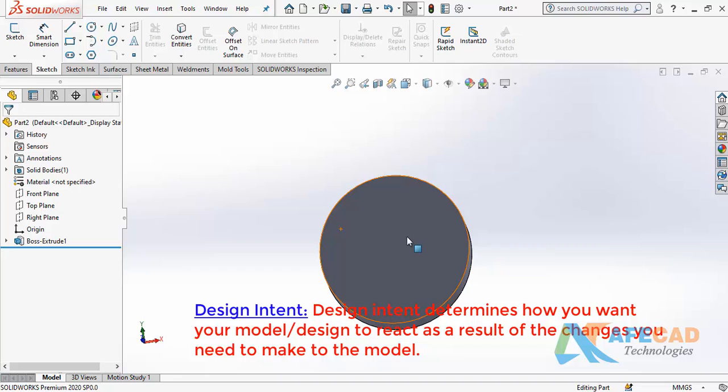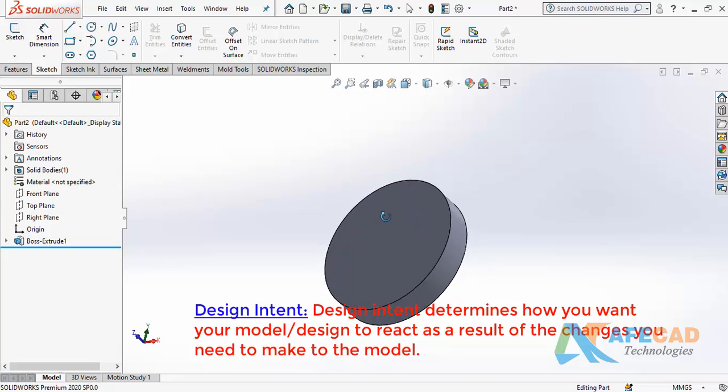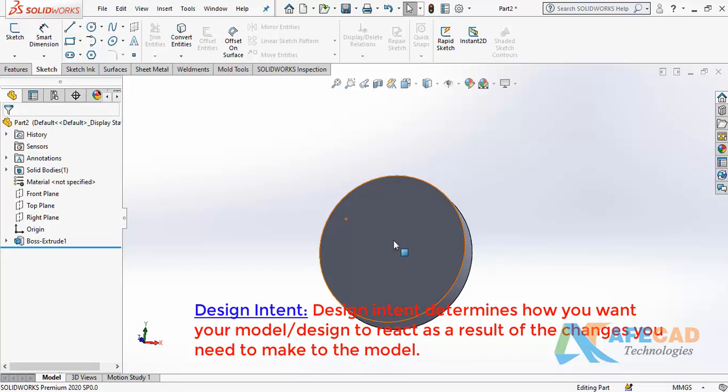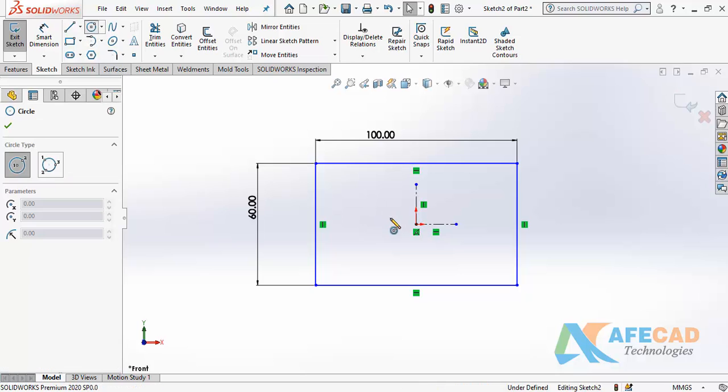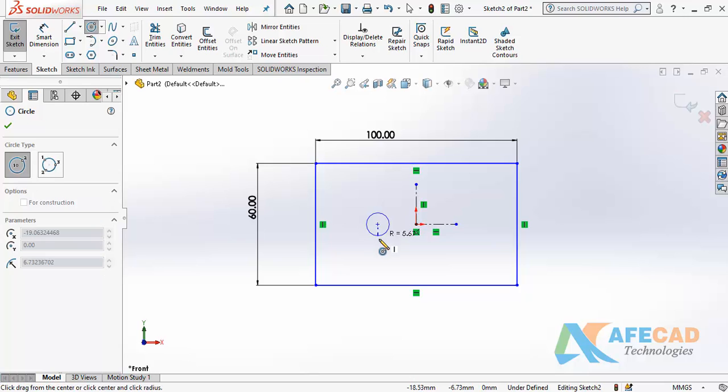We have two things here, the present and the future. If you are going to design any object and you want to make some changes in the future, how it will react is very important. Example: this is my rectangle, and in this rectangle I want to create two circles, one on the left side, one on the right side, and as per my design they should have the same distance from the center, from the origin, as we are seeing here. This is the concept of my design intent, one example that I want to take for my future.